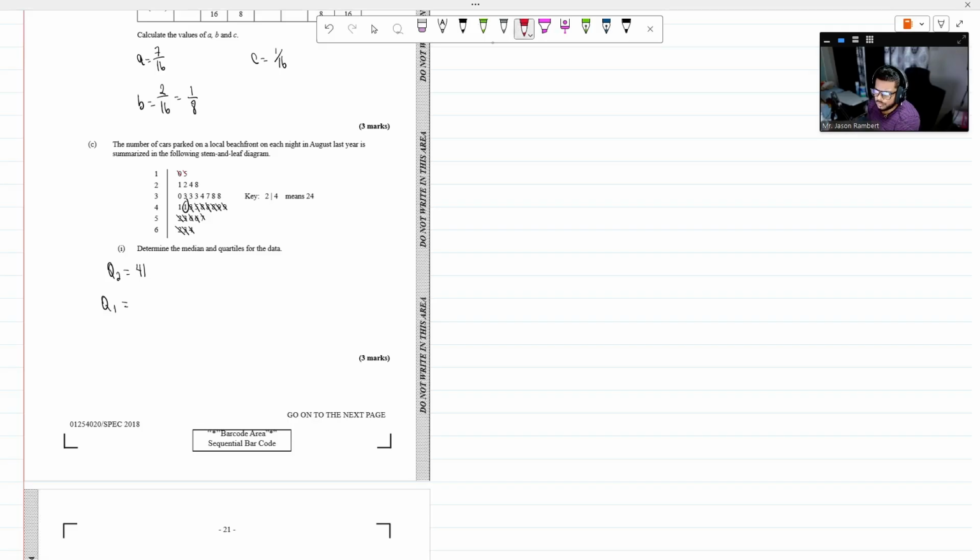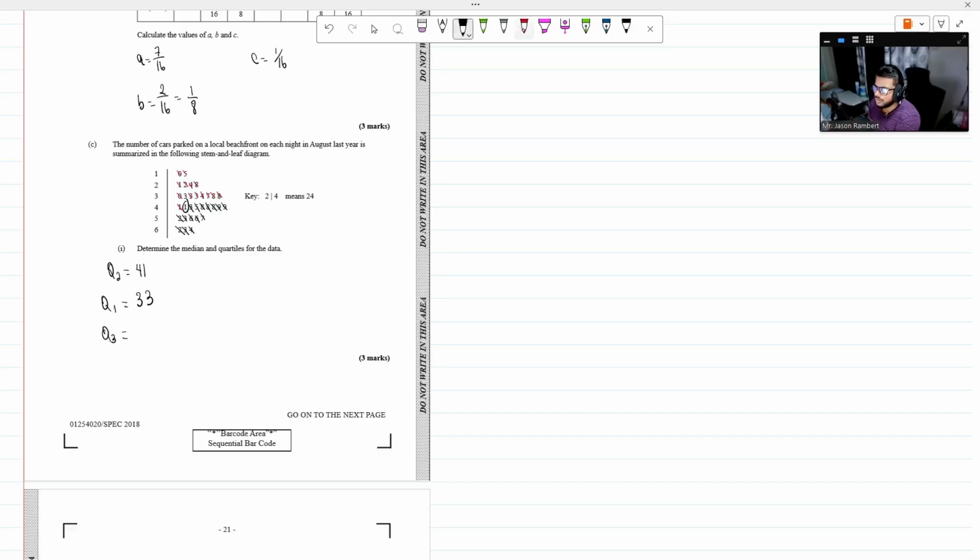I'll cancel first two with last two, first two with last two. Yeah, I could go first two with last two again. And then I go first with last. 33 is going to be my Q1. My Q3